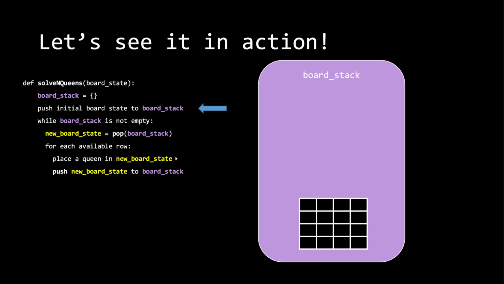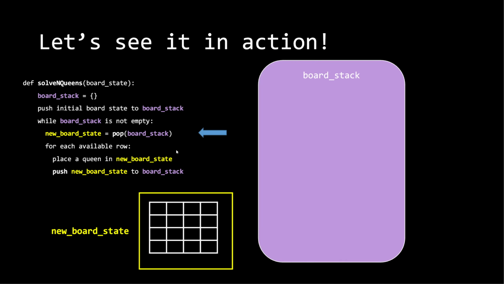Okay, so when we first start off, we have this initial state, right? This is not very interesting. The interesting part is this while loop here that we added. Like, why a while loop and why a stack, right? Okay, so just bear with me for a second. To start this off, we're going to pop off the stack. So this is the board stack object, and I have this yellow box indicating the new board state,